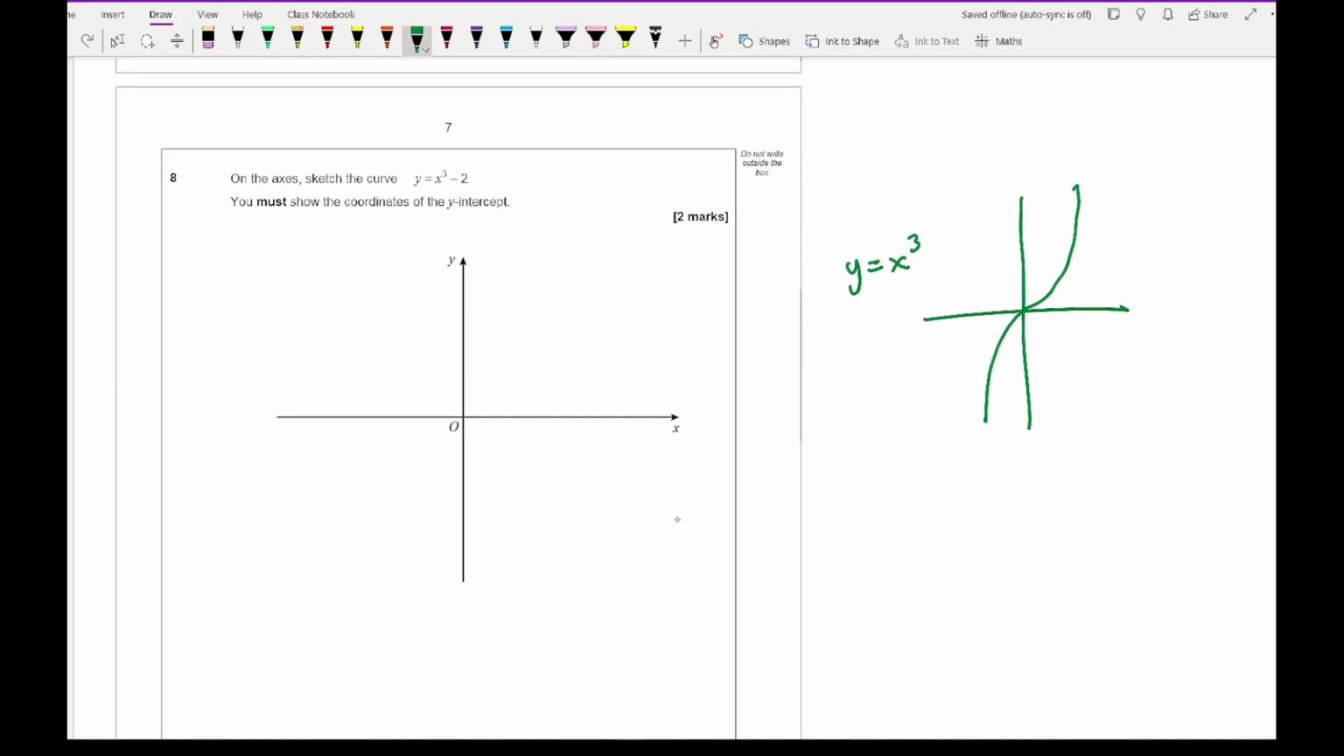Now, if I'm going to subtract 2, then what that's going to do is shift it 2 places. So this crosses the origin for y equals x cubed. So minus 2 is basically going to move the graph down 2 coordinates. So at this point here, which is at minus 2, this is where the curve has what we call a point of inflection. So that would be worth your 2 marks. You get 1 mark for the shape and then 1 mark for the correct intersection point of the y-axis at